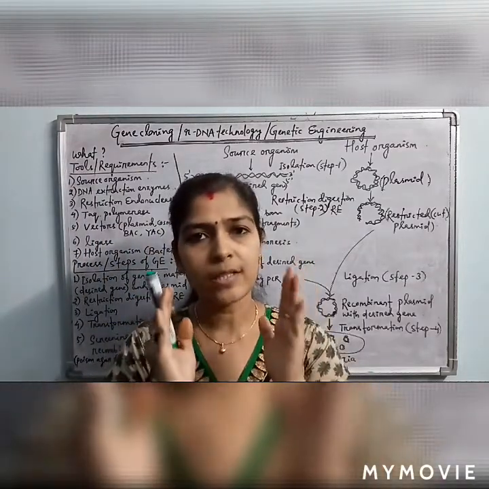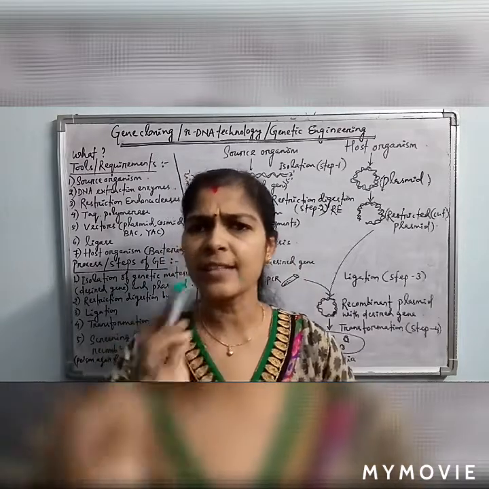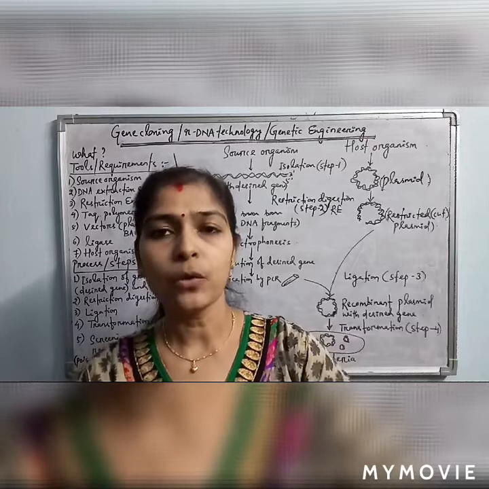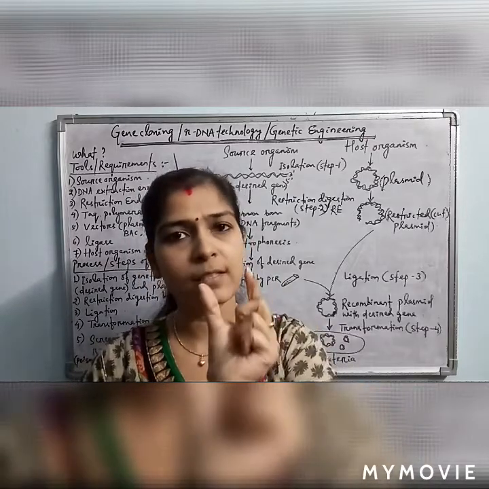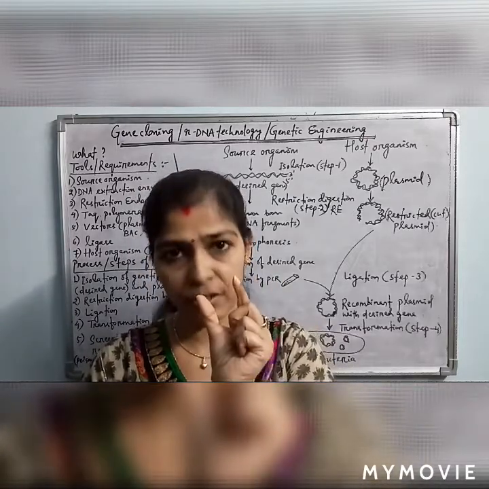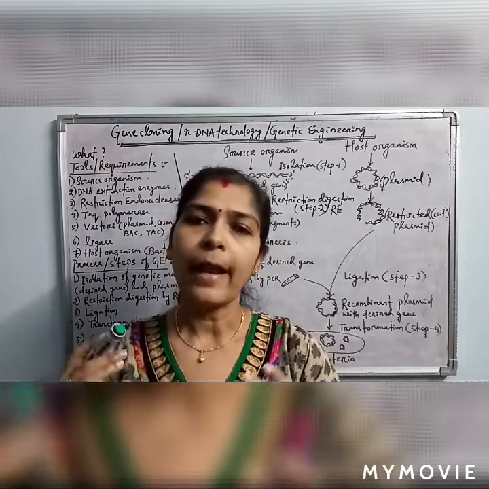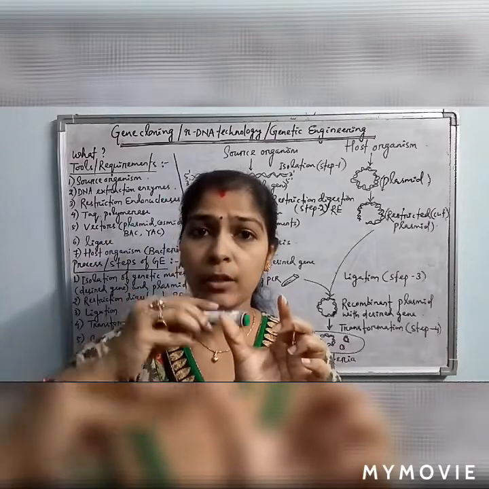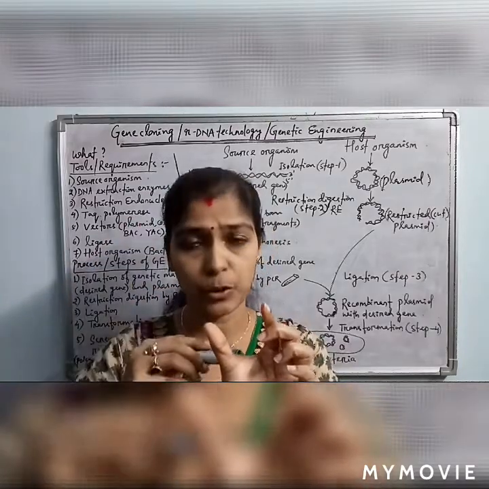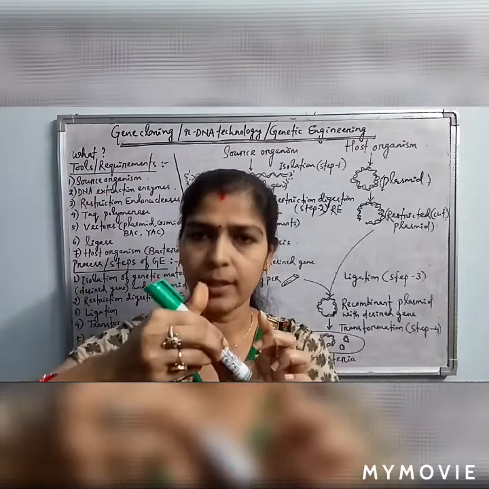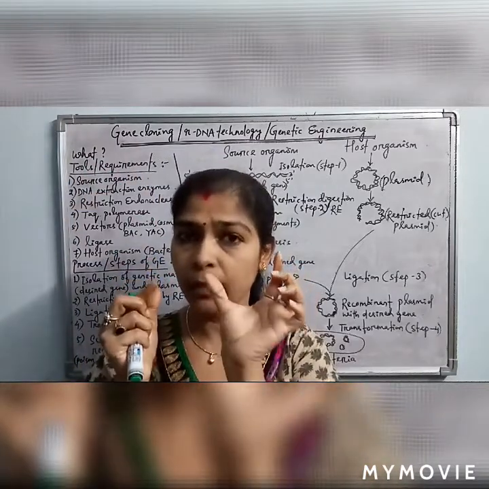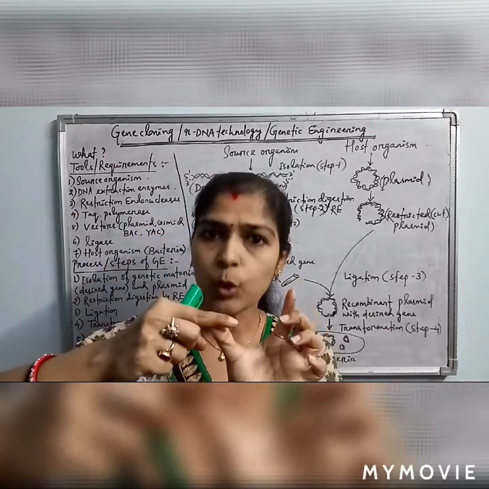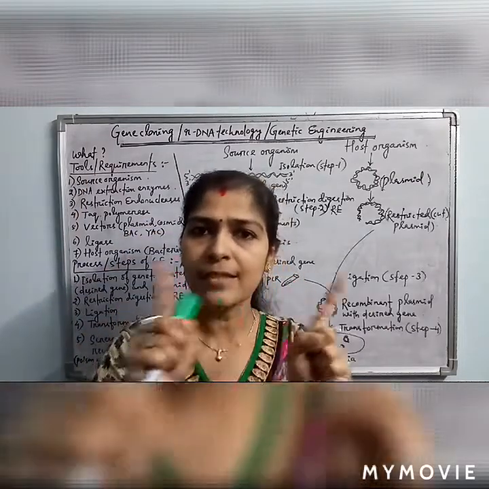In the multiple cloning site of the plasmid, the LacZ gene is inserted. These are seen in the case of constructed plasmids. This LacZ gene is found in E. coli for utilizing lactose. In that LacZ gene site, there must be a restriction endonuclease recognition site, so that there will be a cut in the LacZ gene sequence, and the desired gene will be inserted into it, and then the LacZ gene is disrupted.